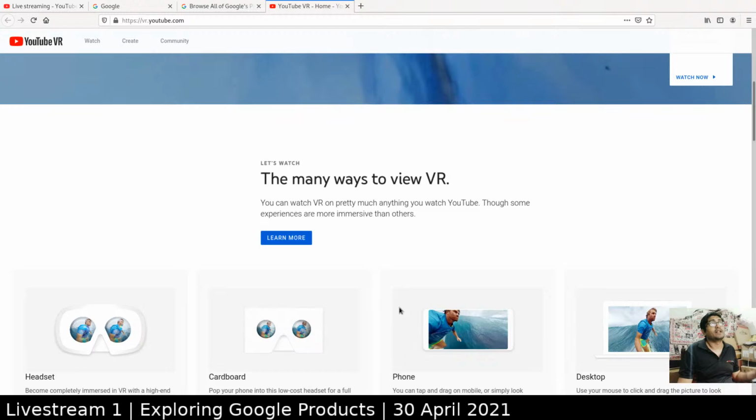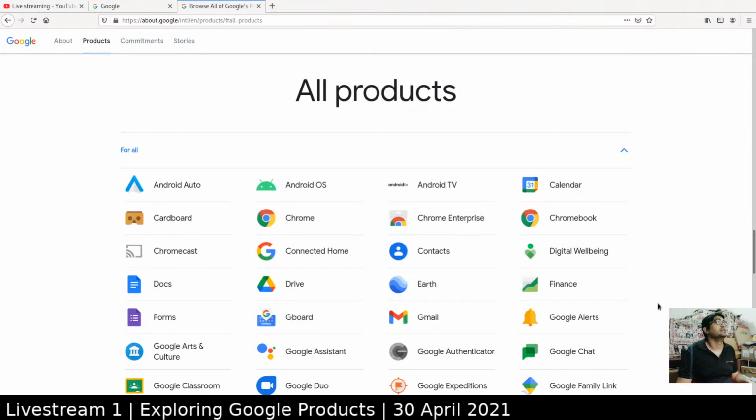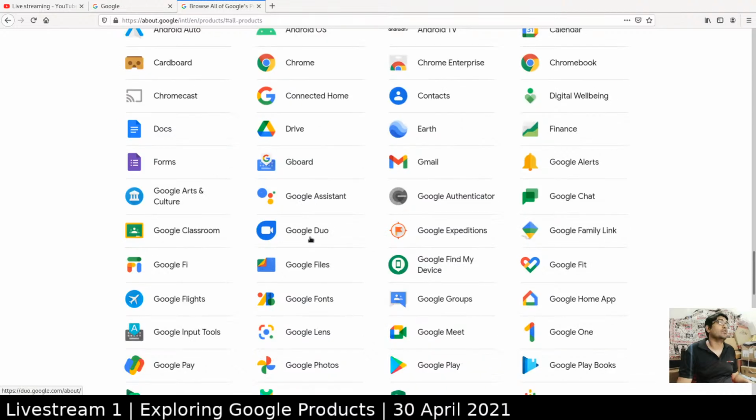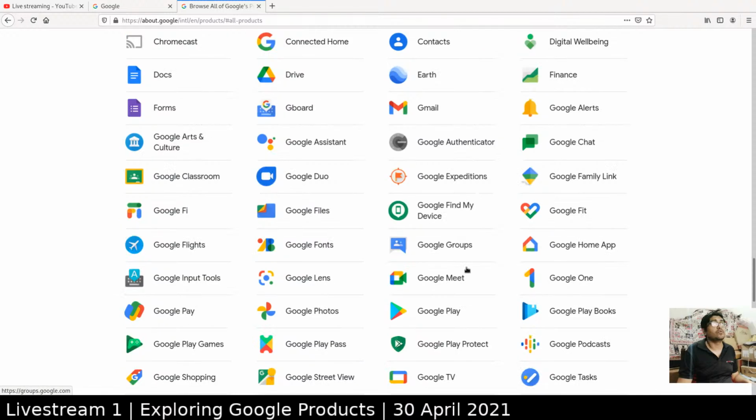So these are the YouTube services that we have covered. We started with Android Auto and went towards Android OS, Android TV, Calendar, Cardboard, Chrome Enterprise, Chromebook, Chromecast, Connected Home, Contacts, Digital Wellbeing, Docs, Drive, Art, Finance, Forms, Gboard, Gmail, Google Alerts, Google Arts and Culture, Google Assistant, Google Authenticator, Google Chat, Google Classroom, Google Duo, Google Expedition, Google Family Link, Google Fi, Google Files, Google Find My Device, Google Fit, Google Flights, Google Fonts, Google Groups, Google Home App, Google Input Tools, Google Lens, Google Meet, Google One, Google Pay, Google Photos, Google Play Books, Google